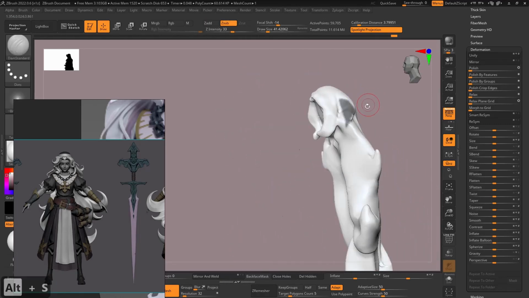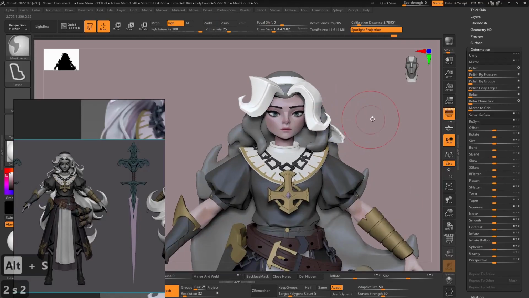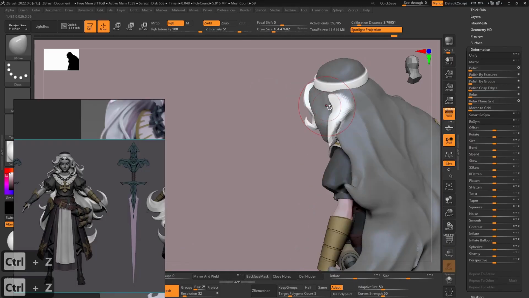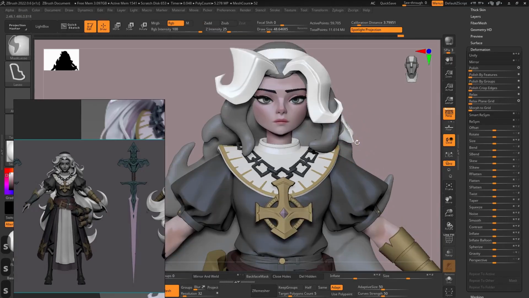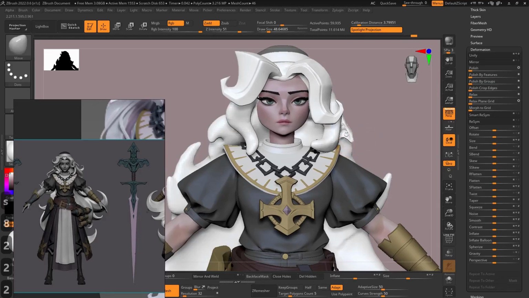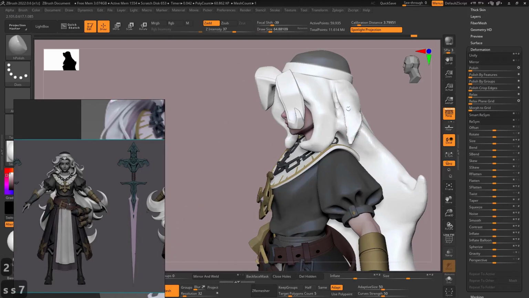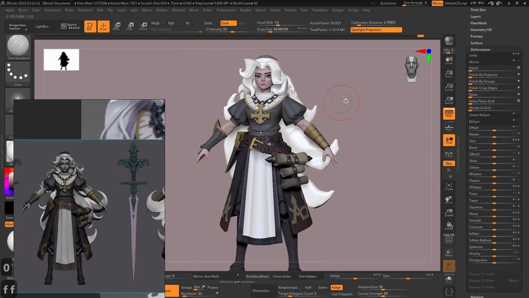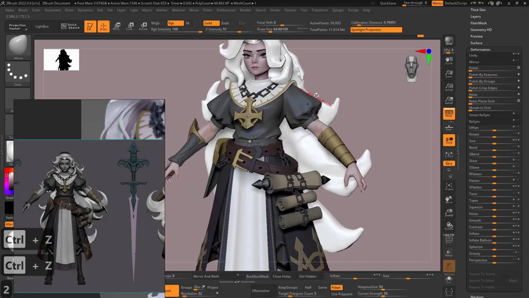It's okay. So I can invert it and try to bring this part and play a little bit. Let me use the inflate brush. So just the overall idea and shape. I'm not even thinking about the correct design or all these things. So here it makes no sense for me. It's kind of